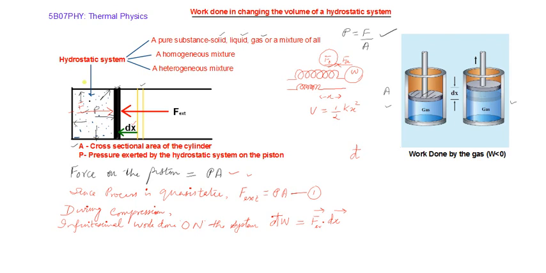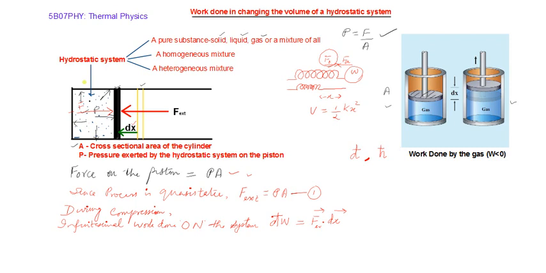So anyway, remember that whenever I will be writing d for work, dW, I will be putting a cut mark here. It is not d cut, or d cross also you can say. Very similar to what you might have seen when you are writing h, the Planck's constant, sometimes they put a cut mark here, and it is known as h cut or h cross. And h cross has got another meaning. Similarly, I am putting d cut here. So anyway, I will explain later. So d bar W, I will call it as d bar W or d cut W, equal to F external dot